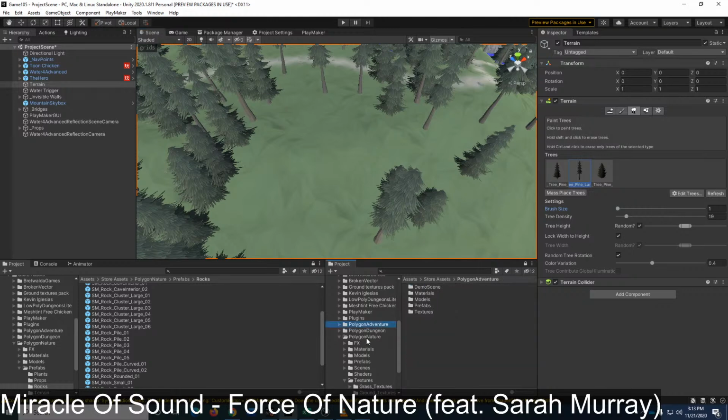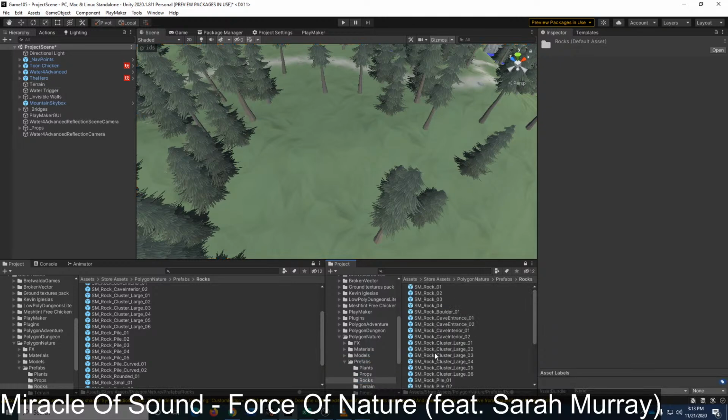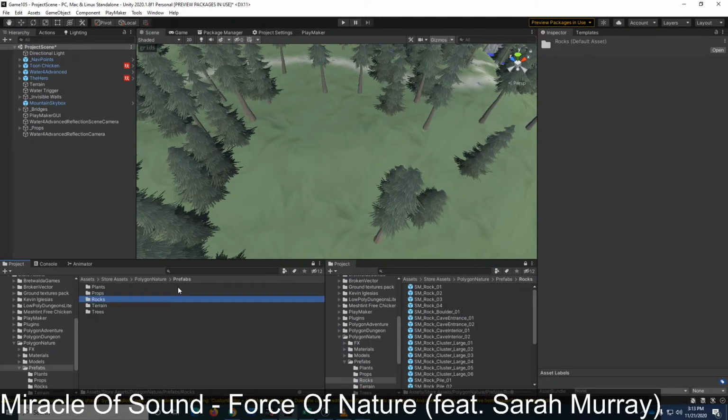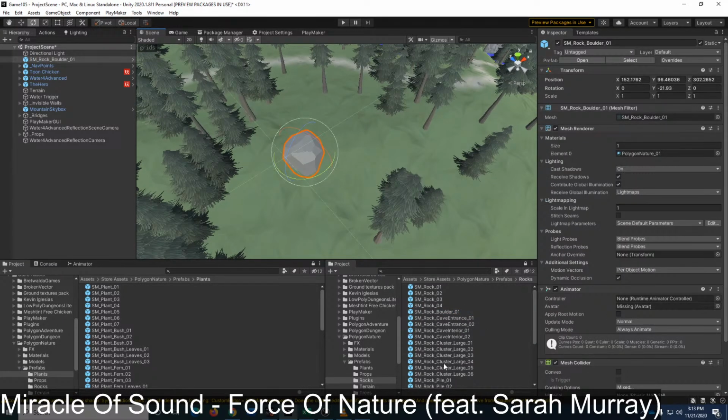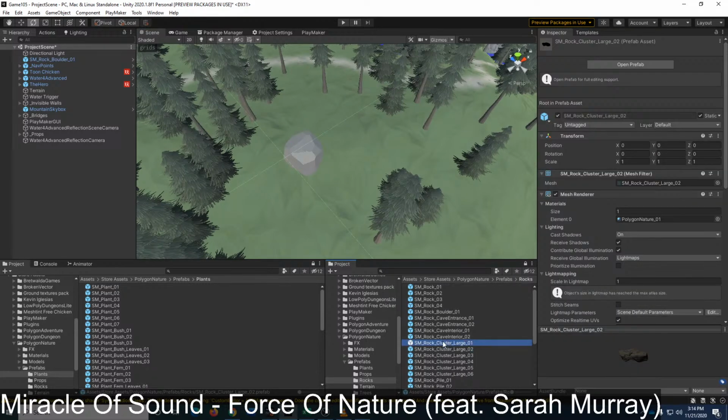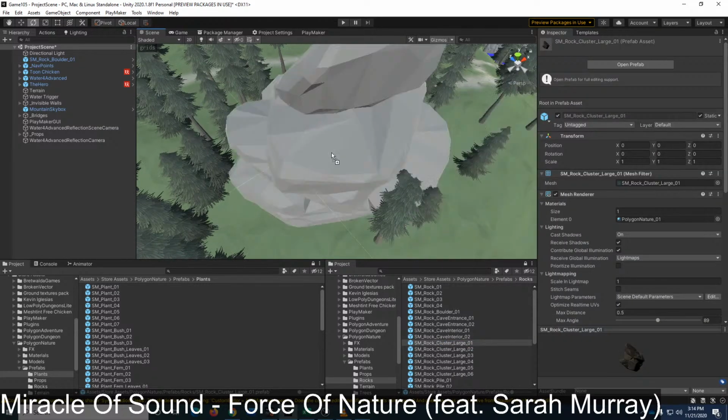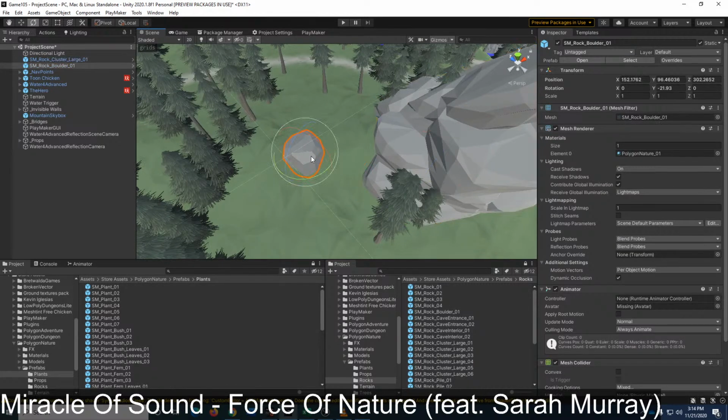Let's see here. Prefabs, rocks. Leave one on rocks there, and one on plants. Boulder. Yes, toss here. Rocks, large. That is a very large cluster of rocks. Why not? Let's.